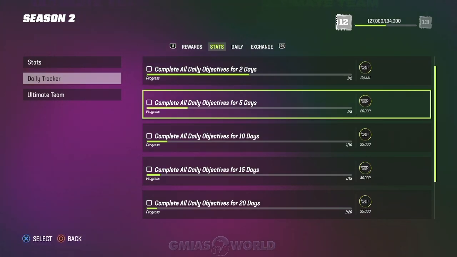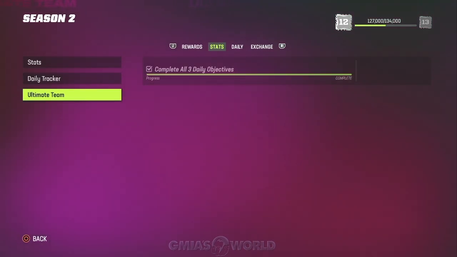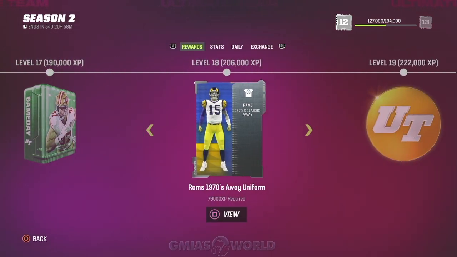All you got to do is just get this stuff done for the amount of days. So within 30 days, you're going to have a whole lot of extra XP. With Ultimate Team, all you do every day, again, complete the 3 daily objectives, and you will get XP through that. Now, when we take a look at the rewards, there's a lot that comes in before you actually get